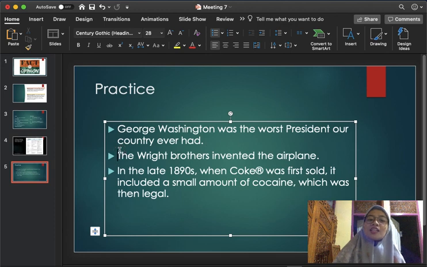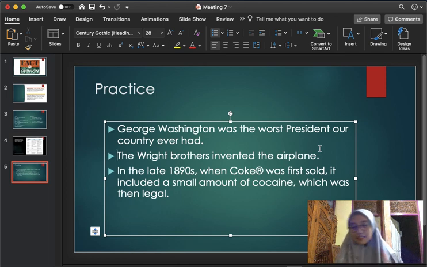And then here, the Wright brothers invented the airplane. You can go Google and find the Wright brothers. Yes, they did invent the airplane. So it is a fact. And the last one, in the late 1890s, when Coke was first sold, it included a small amount of cocaine,